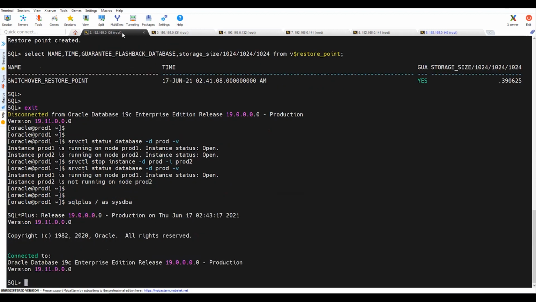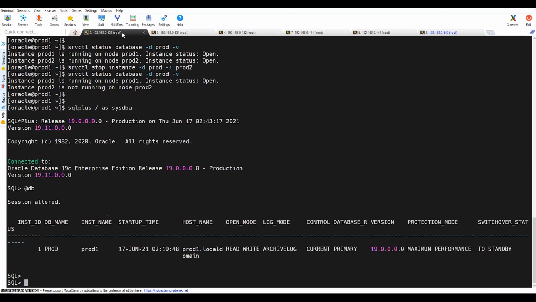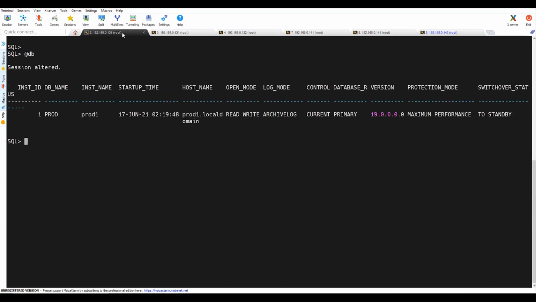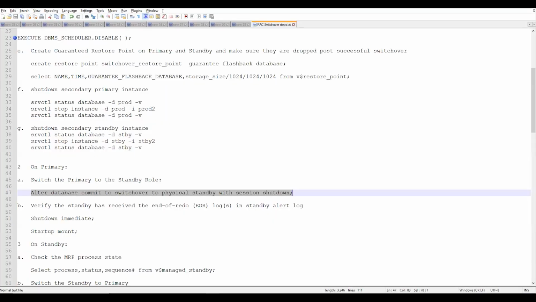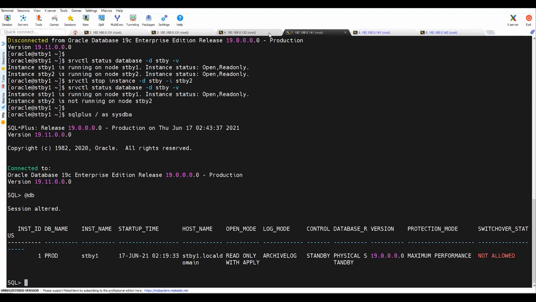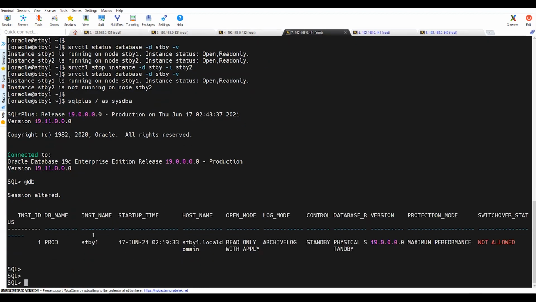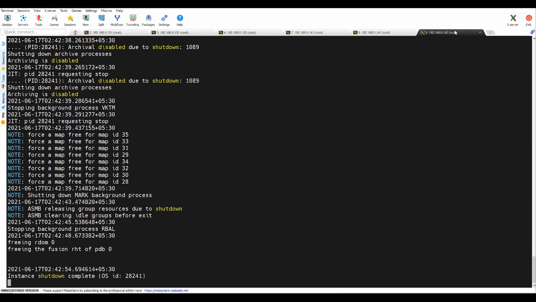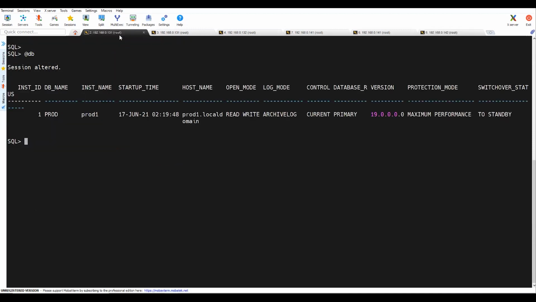Okay. So here is the situation now. Currently, my single instance database remains and is up and running. Similarly, we have to verify whether the standby instance is down or not. So what I'll do, I'll log into the database. So the standby instance, the first instance, is up and running. Also, you can monitor the alert logs for any abnormality.